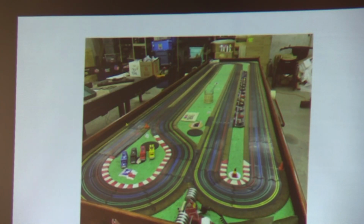Here's another track I have. Now, I built this one in year 2000. So this thing is 23 years old. This was taken about 3 or 4 weeks ago. But me and my dad built this track out of wood that I went and got at Home Depot, and I used my Christmas gift card money to buy all this. And we actually